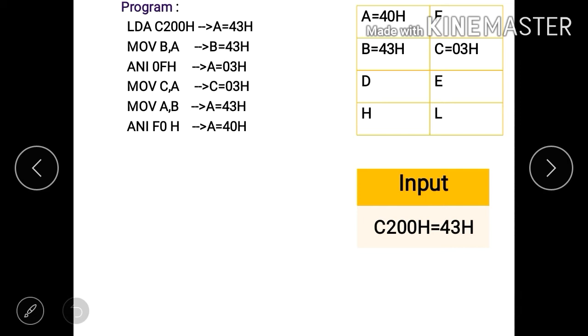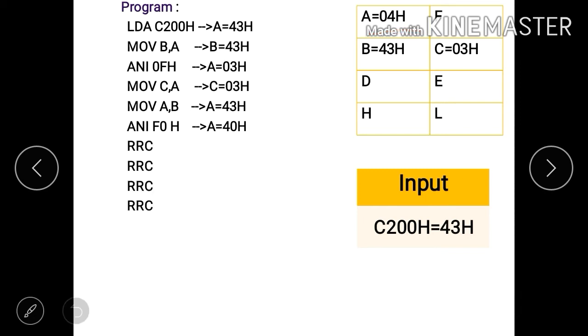Logically AND immediate data F0H with content of accumulator. After executing this instruction, we will get our MSB separated. So we will get 40H in the accumulator, but we want 04H as our second data.